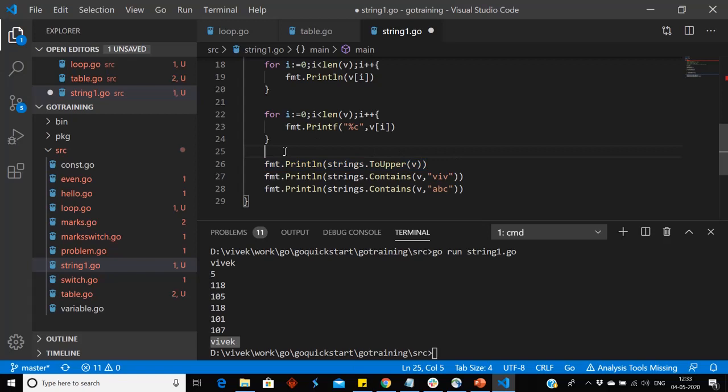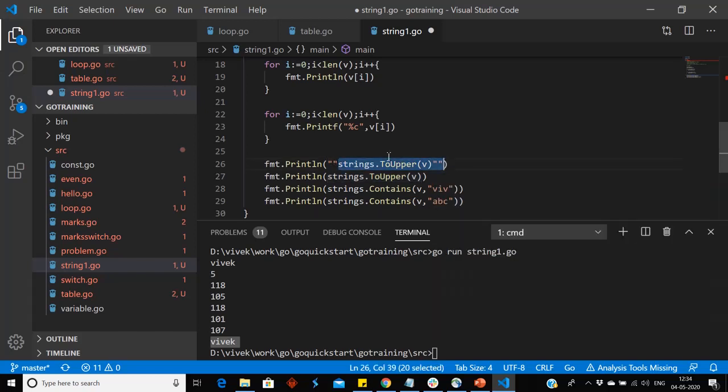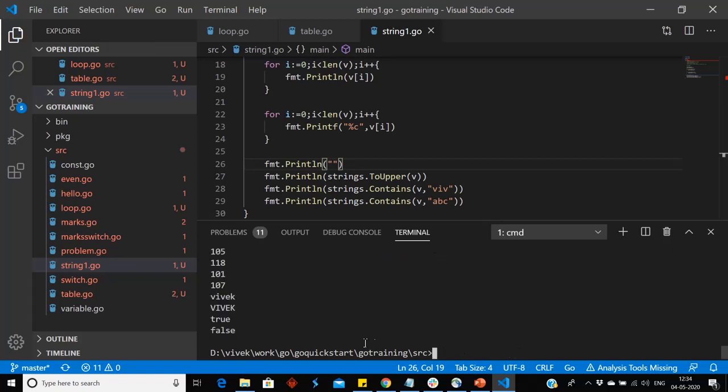We want a new line character after Printf, so we will write fmt.Println and a blank string. So it will provide a new line. We will save the file and run it again with the same command, go run string1.go.